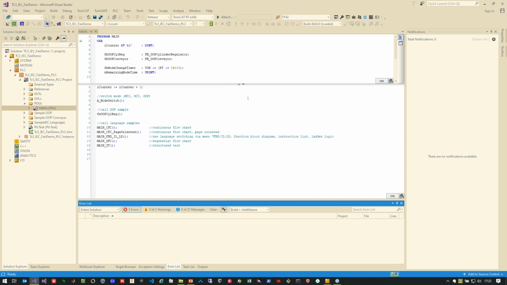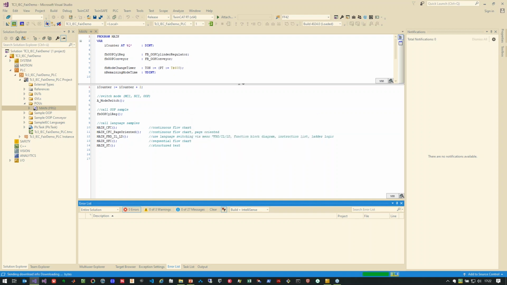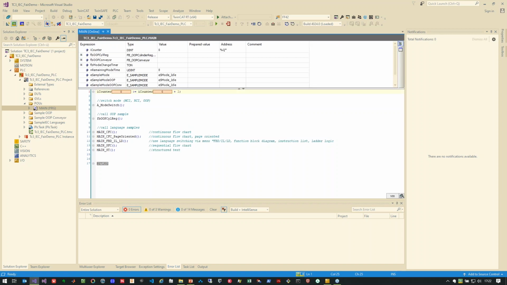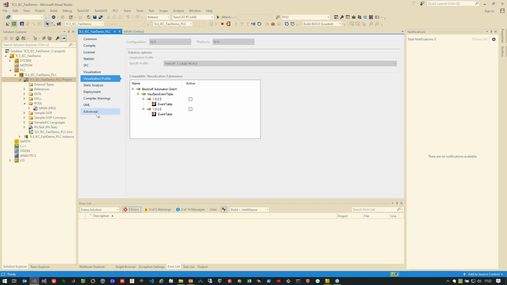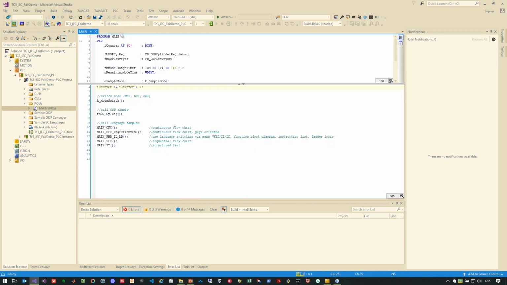So, and as already mentioned, there's no additional button required. As soon as I press login, I will be informed that there is no application existing. I would like to create it. And then this is active. What I have seen here, I do not get this question. I forgot to activate the multi-user functionality. So